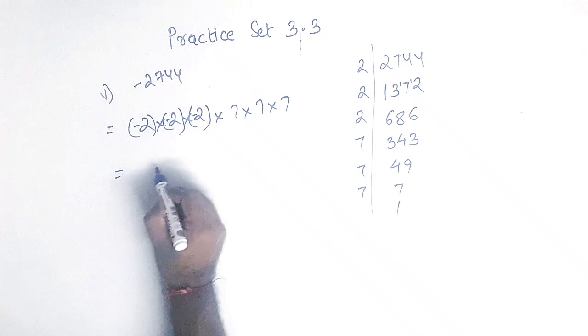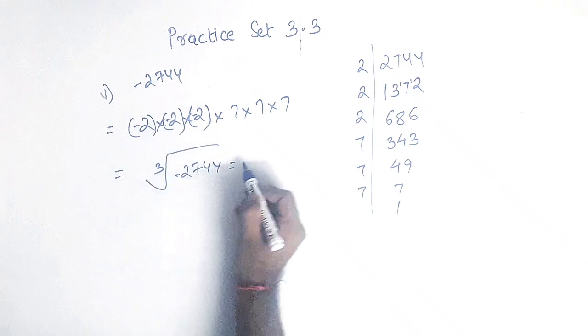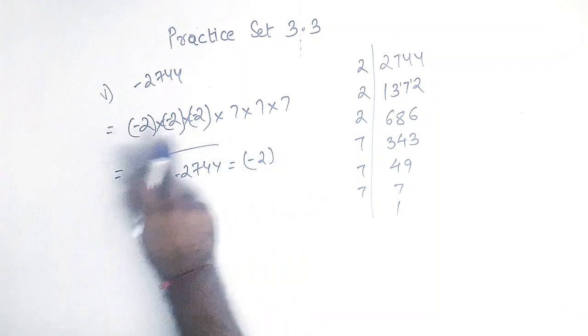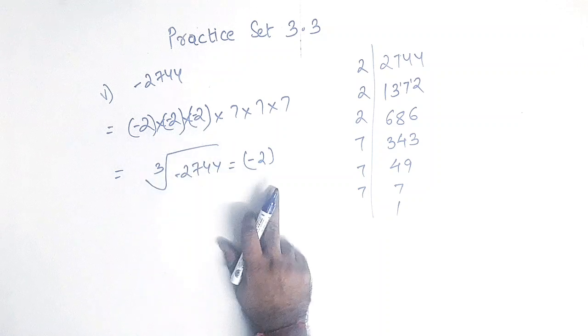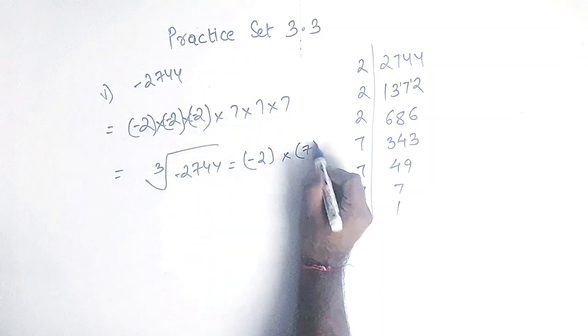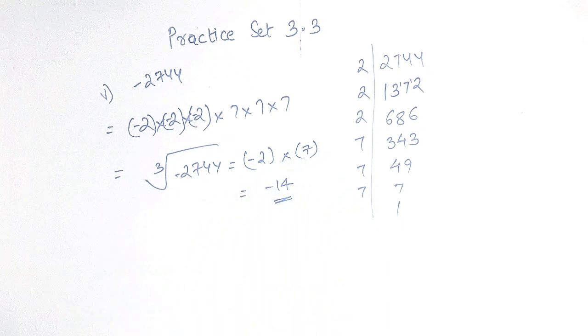Okay, so you can write the cube root of minus 2744 equals, these three 2's will make one 2, and these three 7's will make one 7. So your answer is minus 14. Okay. Then we have the sixth one,